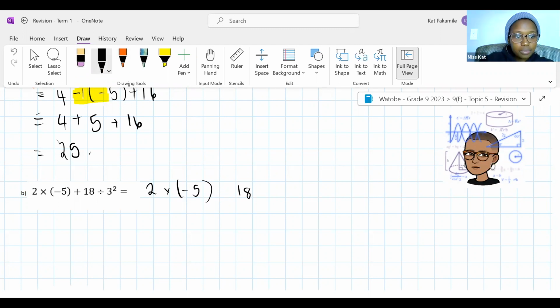Divided by, what's 3 squared, guys? Tell me what 3 squared is. That is the exponent that we have in this case. So tell me what 3 squared is. 9. Beautiful. So we've dealt with brackets and exponents. Multiplication. Do we have a multiplication in our case? Yes, we do. Tell me what the answer for our multiplication section is.